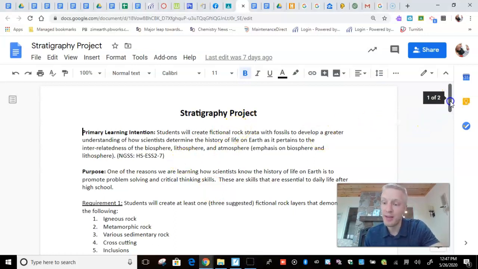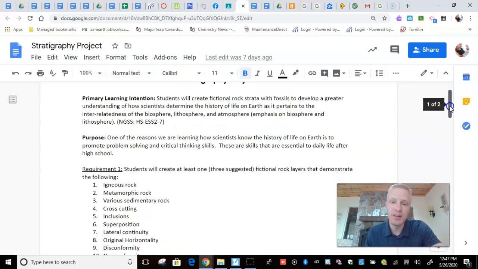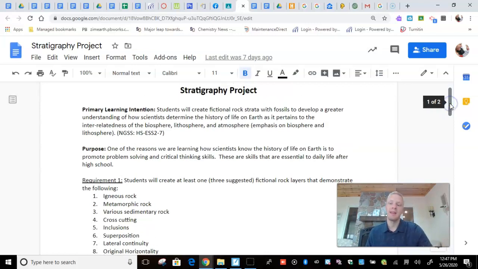I found this from NSTA. It's a college level assignment. I scaled it back, modified it to fit more of what we are doing. But essentially, we are combining all of the concepts that we've learned with relative dating and absolute dating, stratigraphy, and instead of taking a paper test, creating a unique project based off